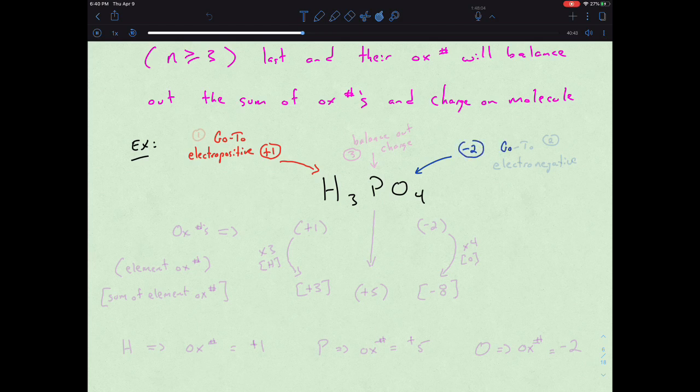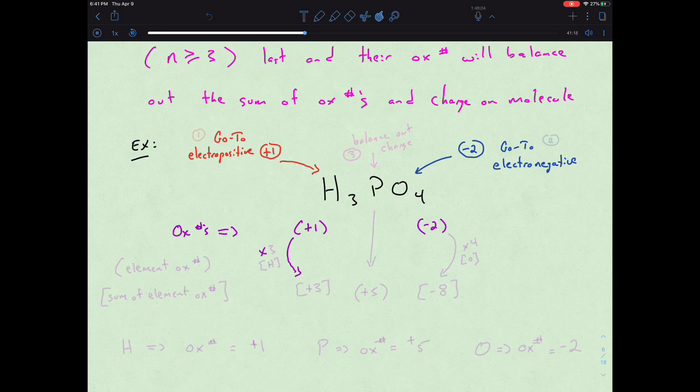It would be our go-to electronegative. And so if we look at the oxidation numbers, we would have +1 for our hydrogen, and we would have a -2 for our oxygen,